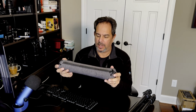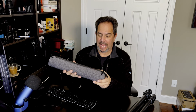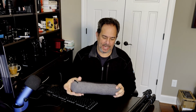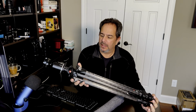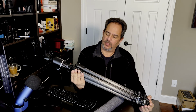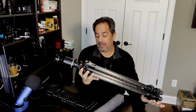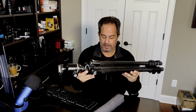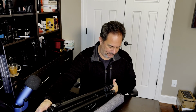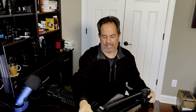This is my new tripod. It is very compact and easily fits in my travel bag, and that's the reason why I have kind of moved away from this one. I've had this one, it's a Manfrotto, for 10 years now, and it's carbon fiber and I've loved it. The problem is, as you can see, it's way bigger than my new one, and it does not fit into my carry-on suitcase for traveling,